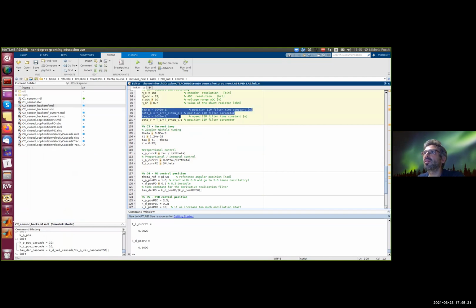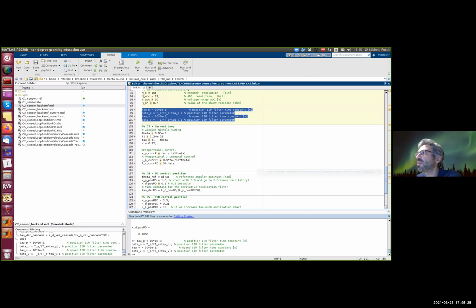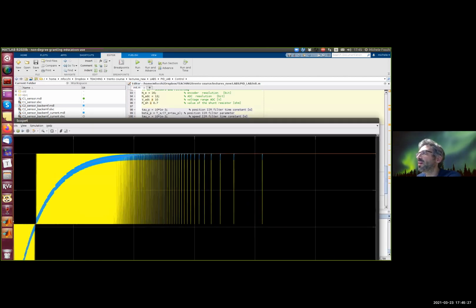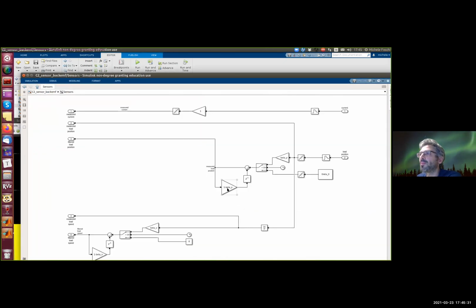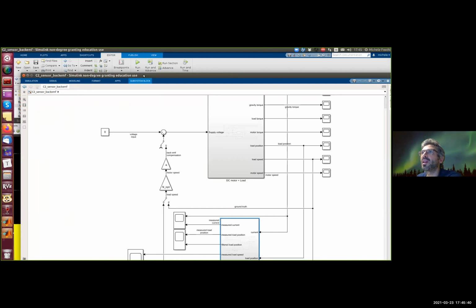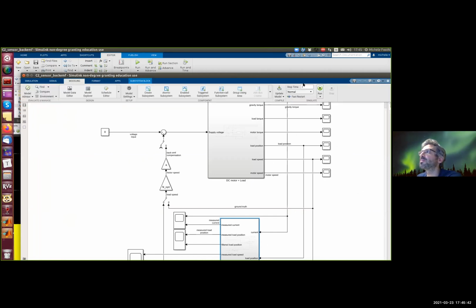Again, we evaluate these new values for the filter that will recompute the beta P and beta V parameters of the position and velocity filter, respectively. So these are digital filters. And if we simulate,